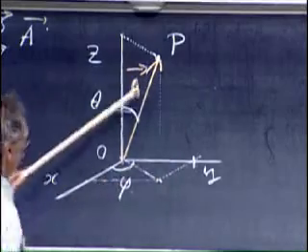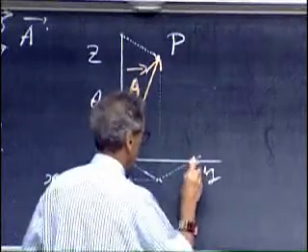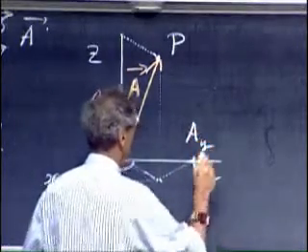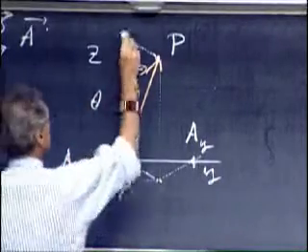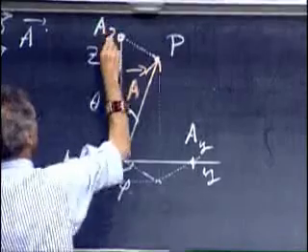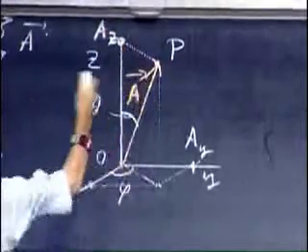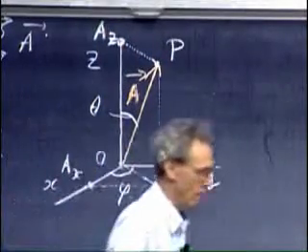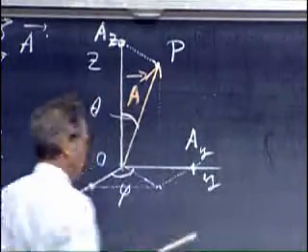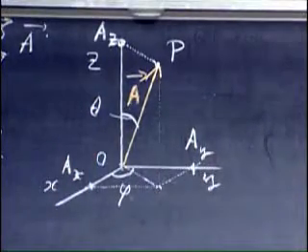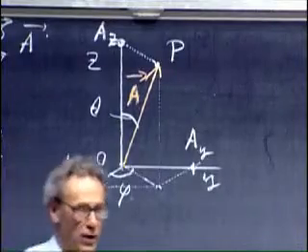Notice that the projection of A on the y-axis has here a number which I call A of y. This number is A of x, and this number here is A of z. Simply the projection of that vector onto the three axes. We now introduce what we call unit vectors. Unit vectors are always pointing in the direction of the